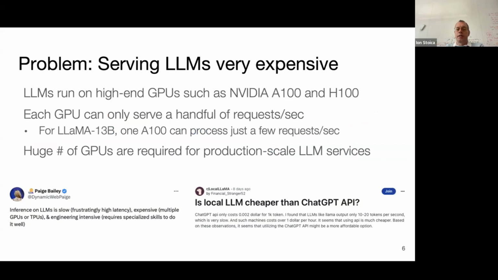Very expensive to serve a request. It was then, and it still is today. So for large language models, at that point, we are talking about high-end GPUs like A100 and H100. And even for a Llama 13 billion parameter model, an A100 can only process at that time a few requests per second,